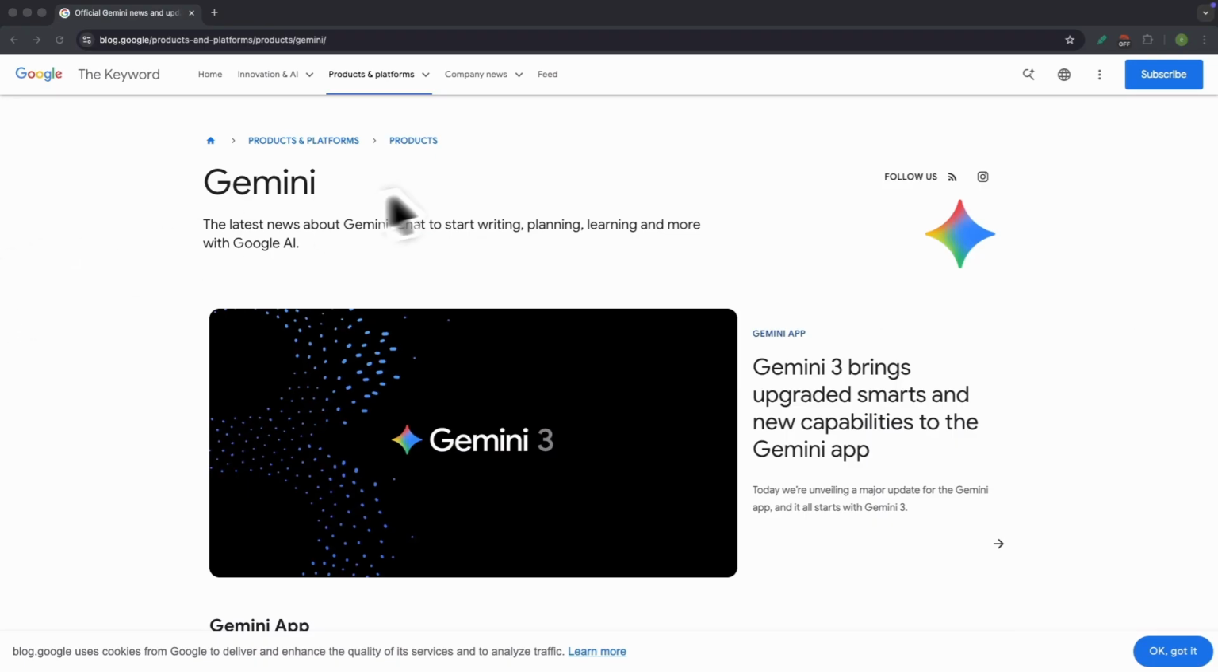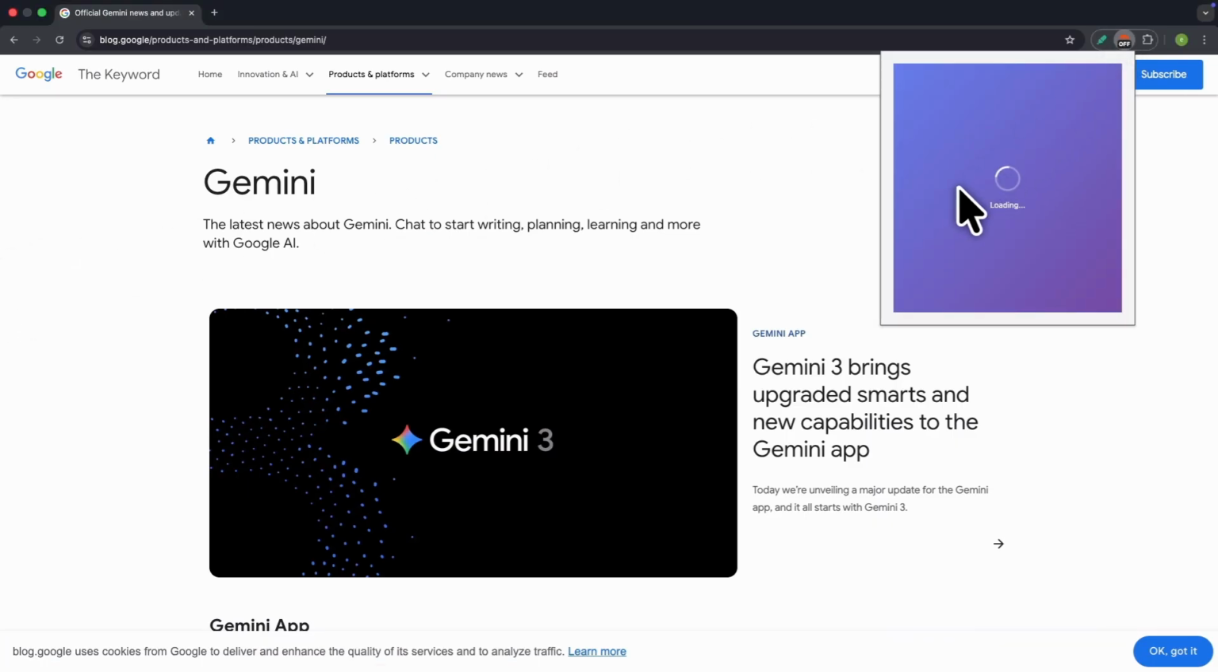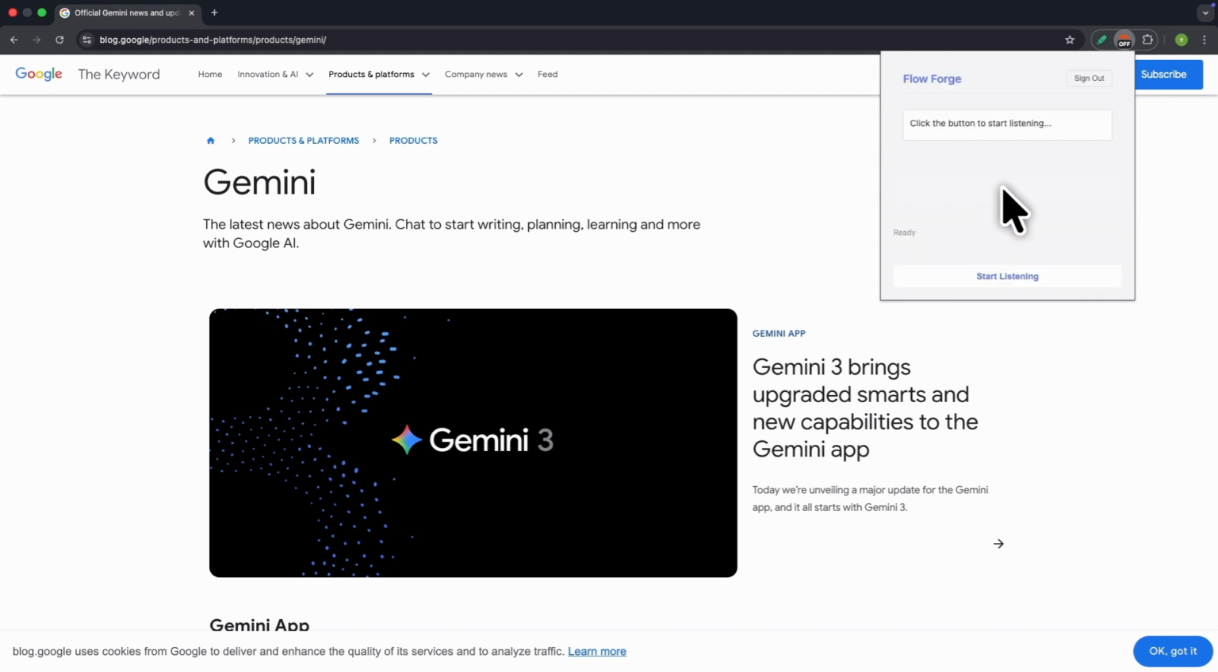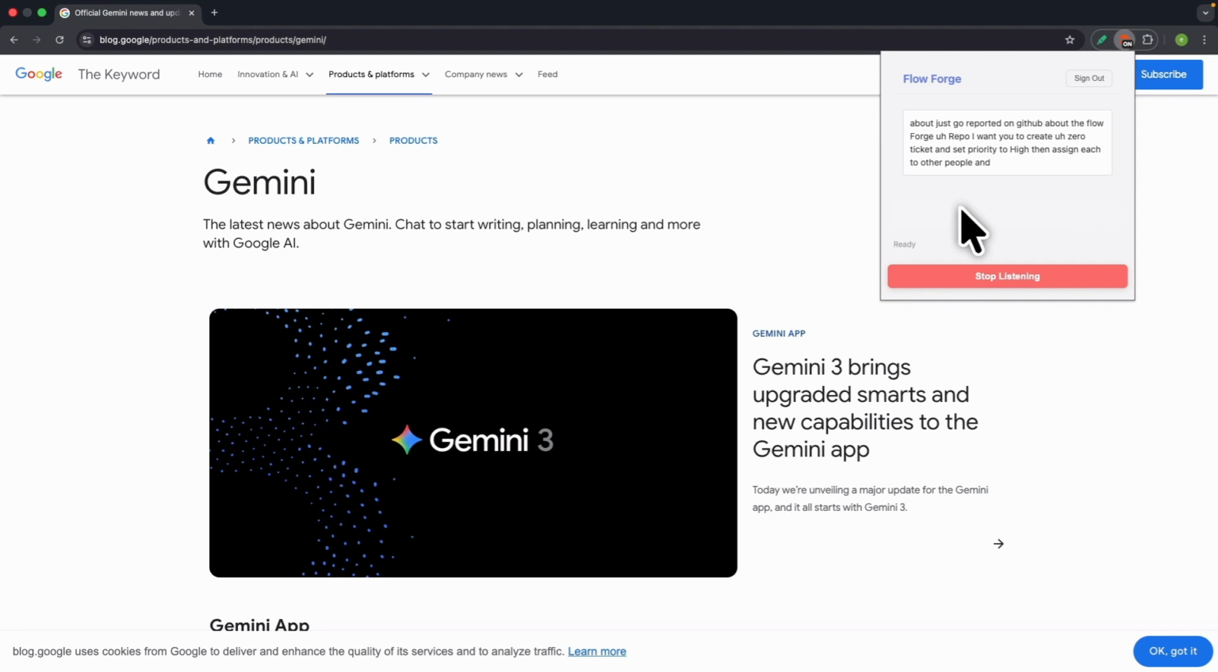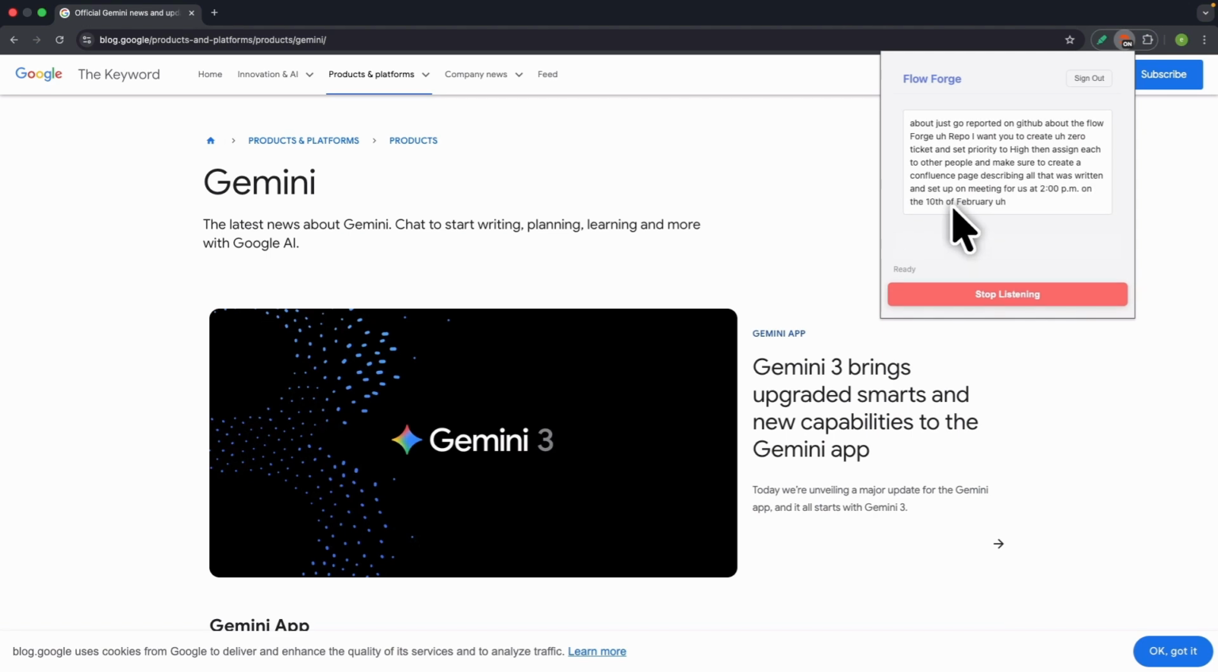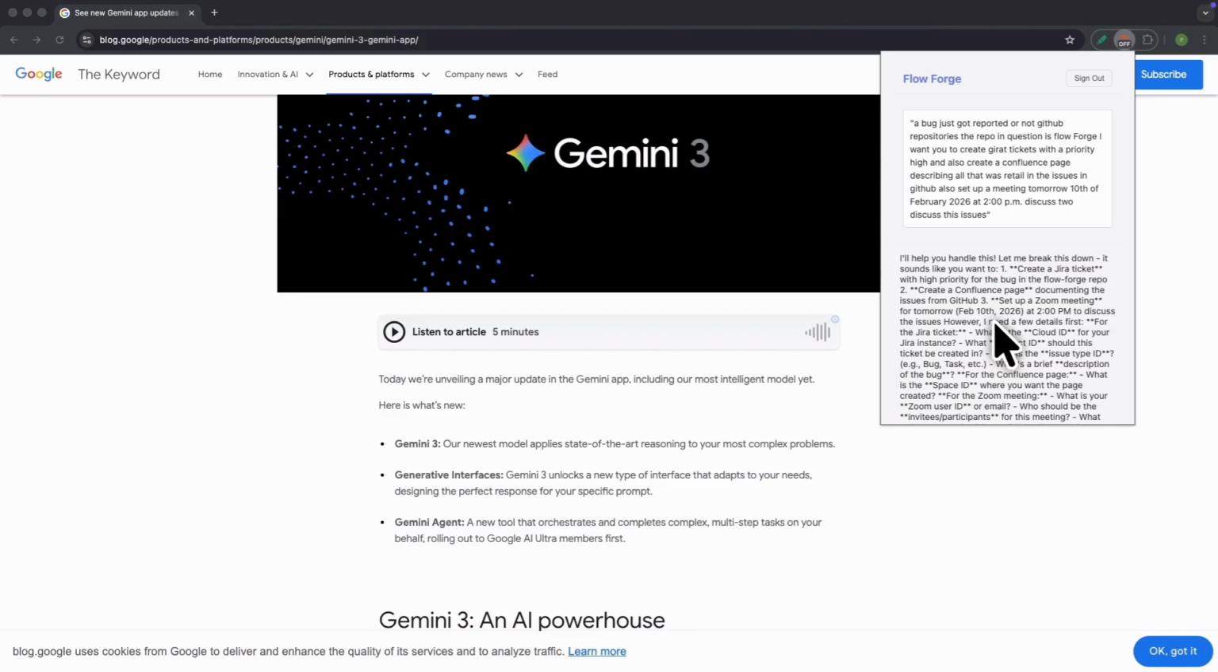So while browsing, let's say you are reading the current release of Gemini and all the new features that have been brought up, you can just click on the Flowforge extension and tell it to do the task that you need it to do. So for example, here I was telling it to read the GitHub repo called Flowforge and look for issues on that repo and create a Confluence page with a summary of that, and also create a Zoom meeting for us to discuss this information on the 10th of February, that is